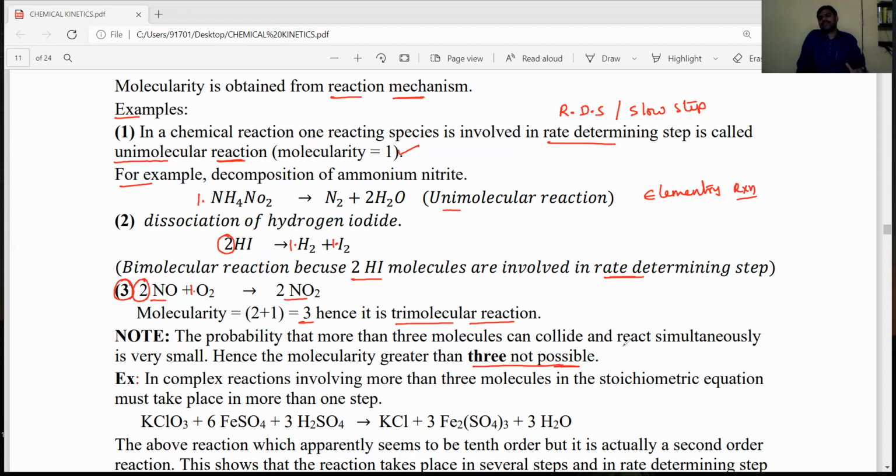Because the number of molecules increases in the rate determining step, RDS, and then effective collisions